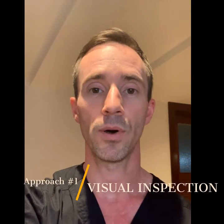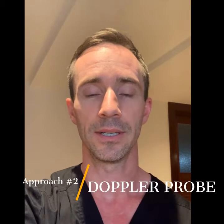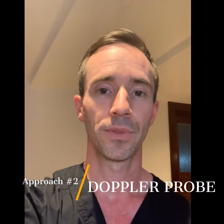One is a visual inspection where we assess the exposed abdominal skin to confirm that the artery and the vein are both working properly and in a balanced fashion. A second method of free flap monitoring is to use a Doppler probe. There are several Doppler probe types. In general, we tend to use the external probes where we listen to vessels that we can identify in the skin of the abdominal tissue and listen to the artery, the vein, or both to assess the quality of flow